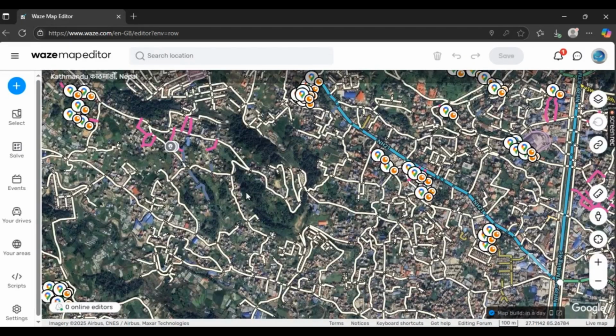Now, first things first, simply open up your Waze map editor with Waze.com and make sure you are signed in as well. We have also created a video on how to become a Waze map editor by logging in or creating an account. Now, once you've done that, right here you can see the dashboard on the left side